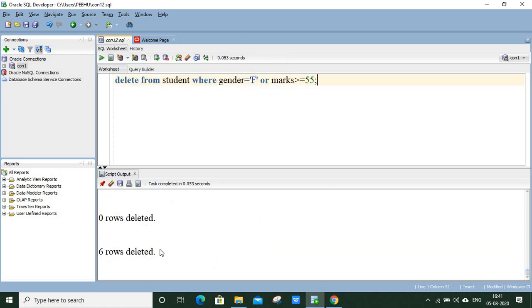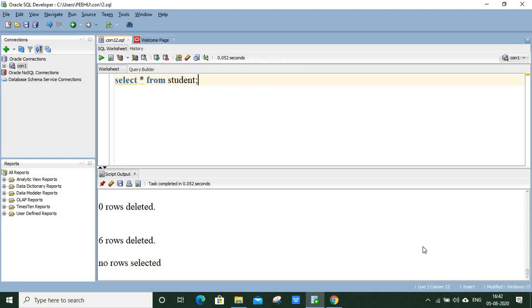Yes, now all the rows have been deleted because this condition was true for all the rows present there. So let's see the contents again. Okay, now no row selected, we have deleted all the rows from the table.